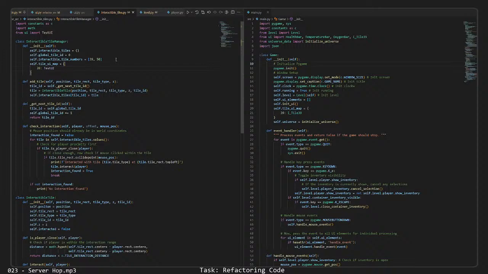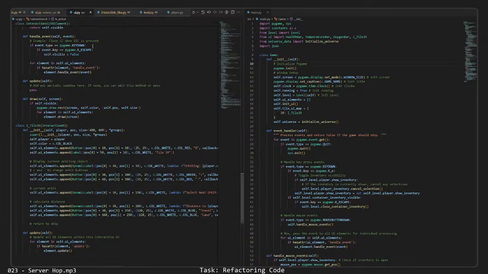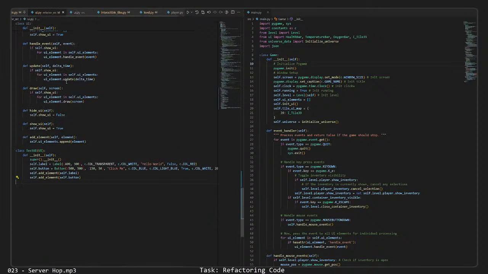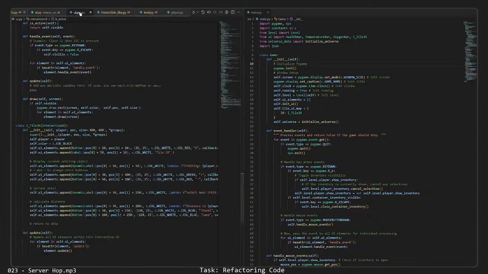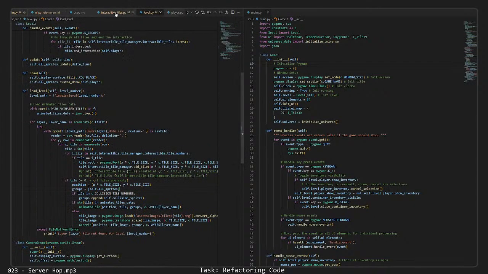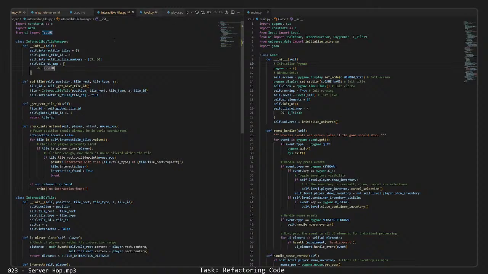Okay. Do we not... we do have hide UI and show. Okay, that is good. Where was I? Here. Okay,